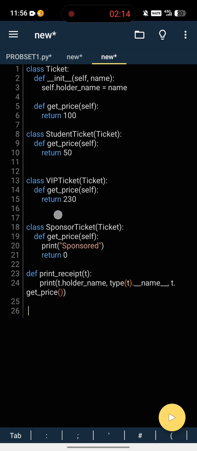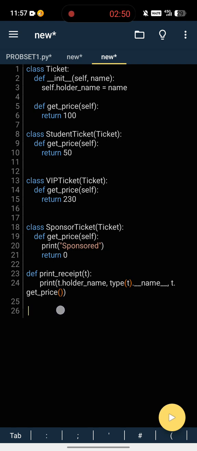Here I created a function called print receipt. It will display the holder name, the ticket type, and then the price of the ticket.